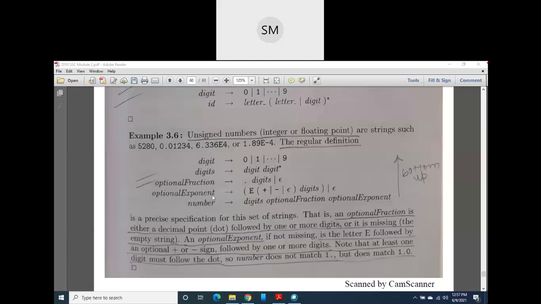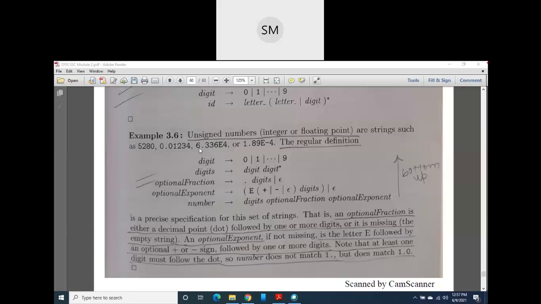So then last, I will combine all these earlier regular definitions, and I will make them a regular expression. For that regular expression also, I give one more name, that is number. So the left side will be all regular definitions, and here all the regular expressions. How does a number usually look? First digits will be there. These digits are nothing but at least one digit, followed by 0 or more digits, followed by optional fraction, followed by optional exponent.